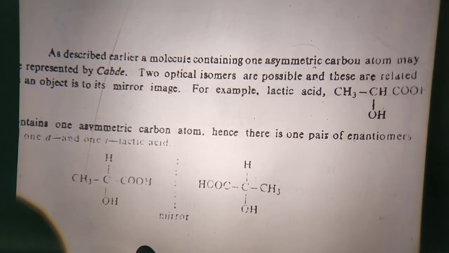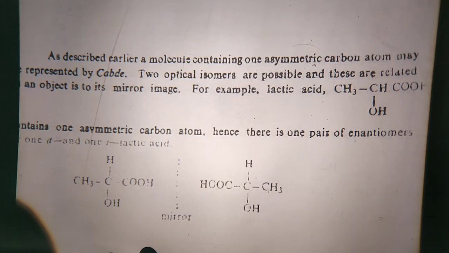Now, we are discussing optical isomerism, and in that respect I did talk to you that a compound containing an asymmetric carbon atom is important in a way that it could give you the object and mirror image, and various kinds of enantiomers are formed. Now we did discuss a lot about it. Now we are moving further, and we are discussing compounds containing one asymmetric carbon atom.